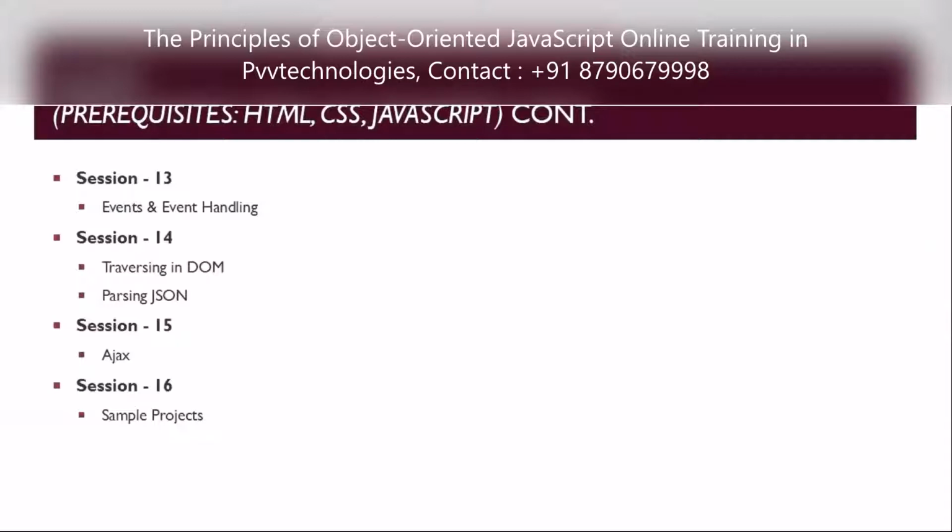In the next session, we will talk about AJAX. AJAX is actually the asynchronous request to deal with. There are two types of requests: one is the synchronous request and another is the asynchronous request. Usually, when you hit a URL into the web browser, this is called a synchronous request, where it will go to the server and you will have to wait to receive the data from it.